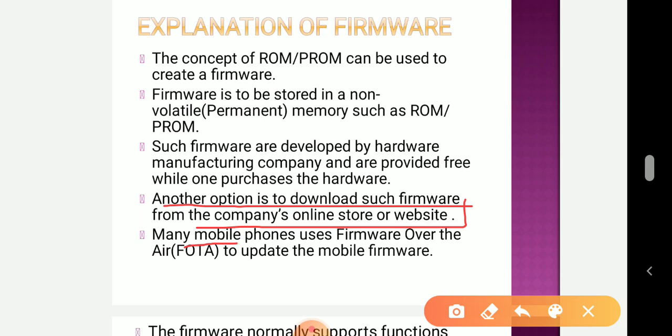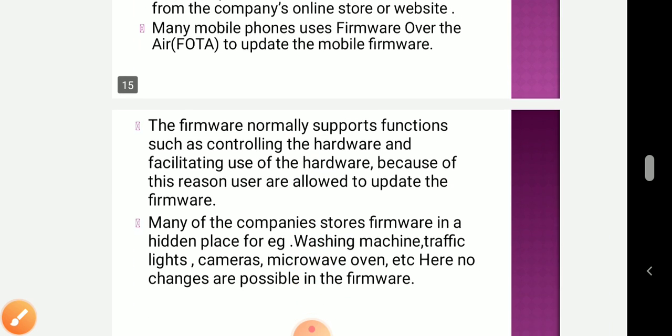The full form of FOTA is firmware over the air, used to update the mobile firmware.